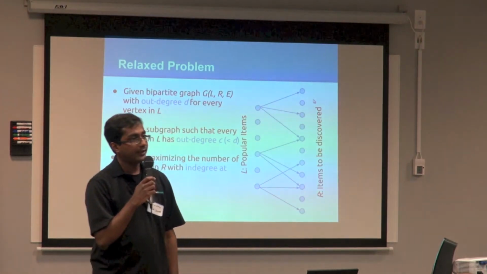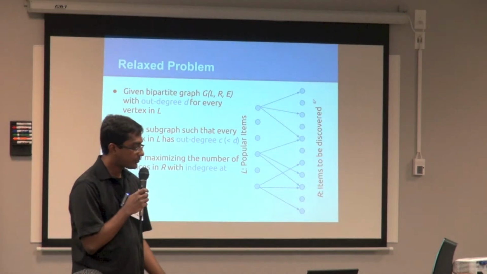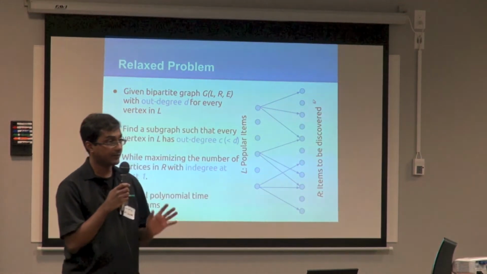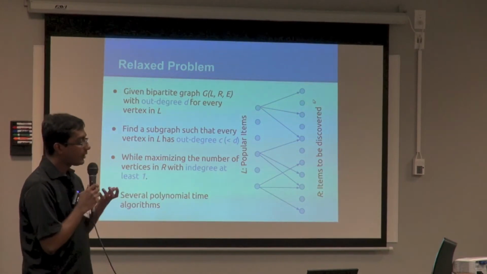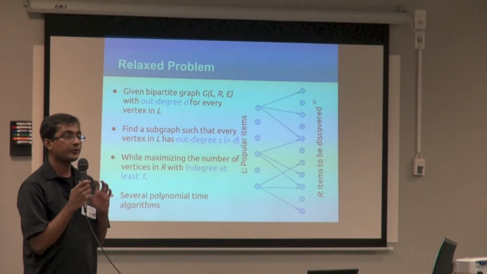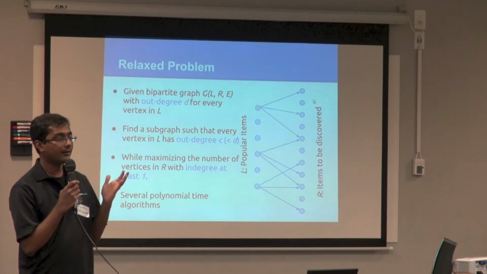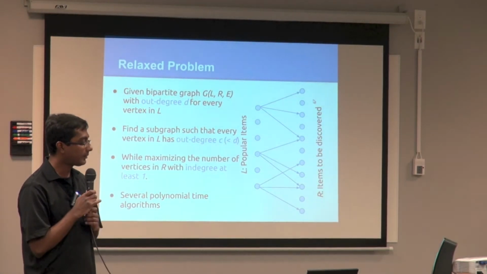And this formulation actually has a lot of polytime algorithms. People might recall if C equals 1, this is actually the case of bipartite matching. Okay? Again, undergraduate algorithms, probably everyone did bipartite matching.